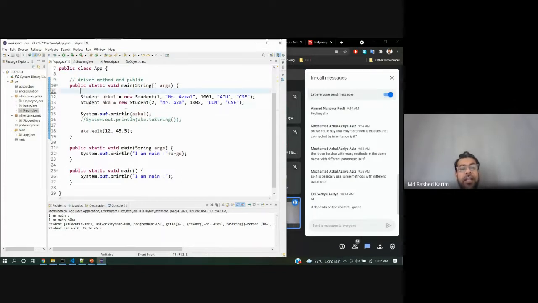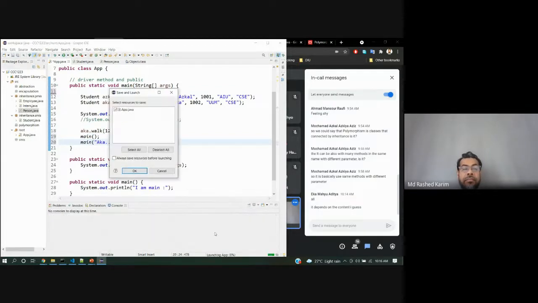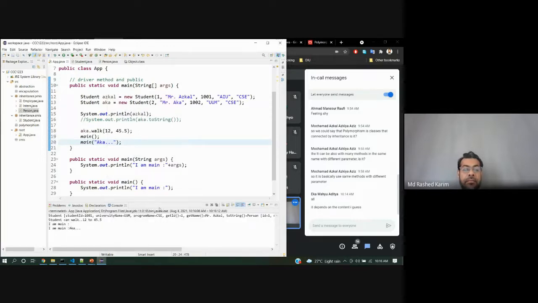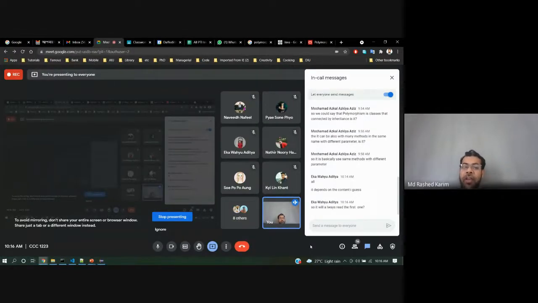If I declare this after this one, it will be called there, no problem. So the main method also can be overloaded. It's overloaded.